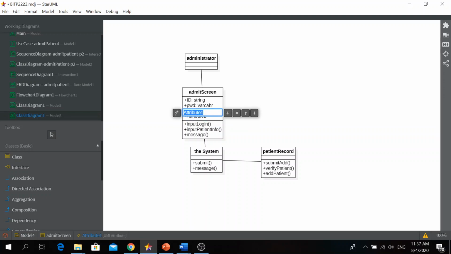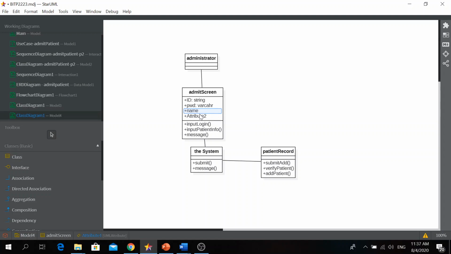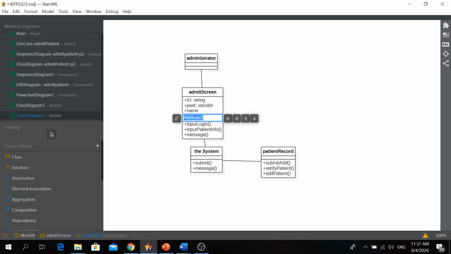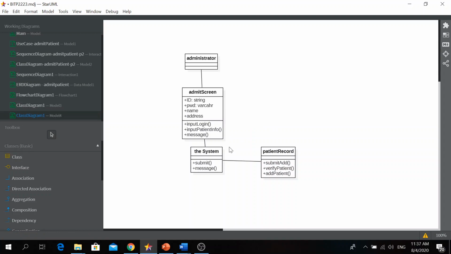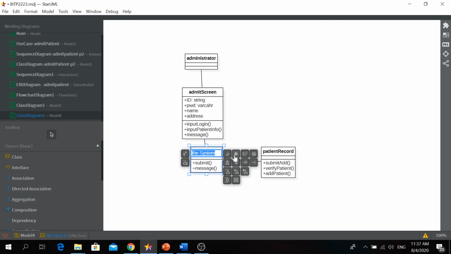Okay, this is the name. Address. So here we create the ID and the password.